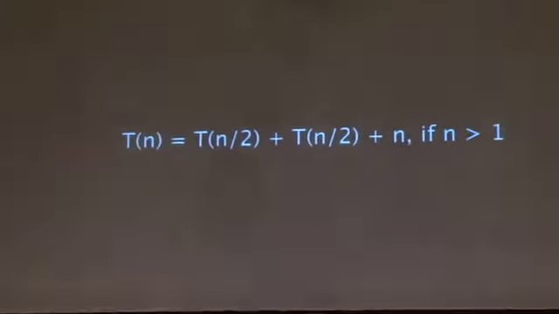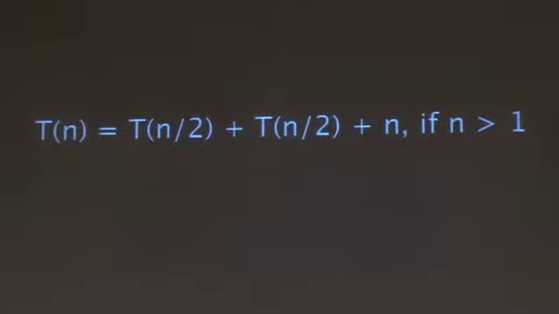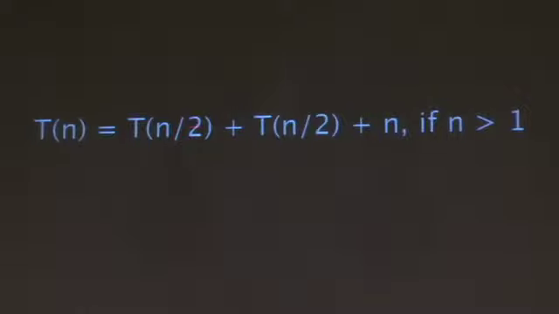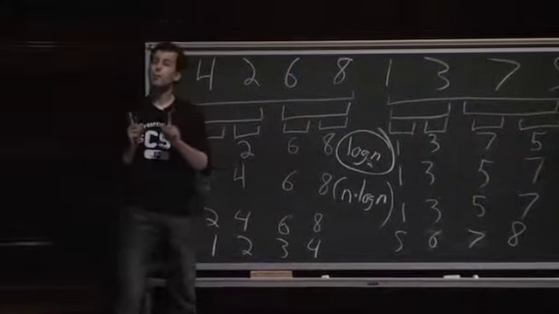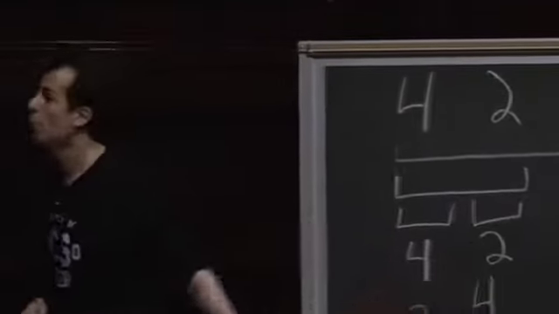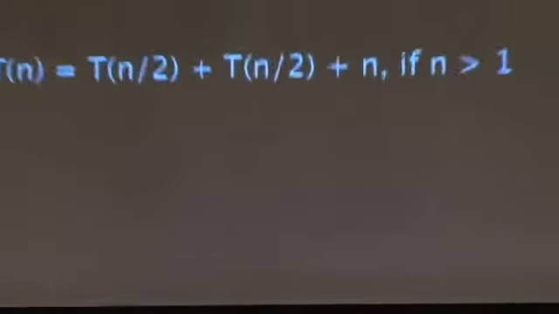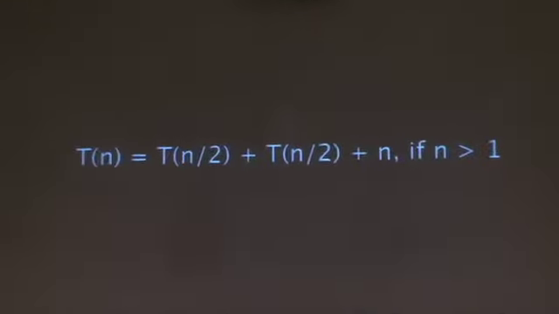Now, this looks a little scary at first, but this is actually just another statement of the obvious. If I'm using this algorithm that I'm now calling merge sort, the running time involved in sorting n elements, t of n, is just the same as running the algorithm on half the size of the elements, plus do it again for the right half, plus, what's this plus n come from? That's the merging, right? That's the finger thing from left finger to right finger going back and forth across the board, never touching a number more than once. So in other words, every time I merge, the point that I kept emphasizing verbally there, in that I'm only touching each number once, means that we have to account for the amount of time it takes to merge, which is going to be